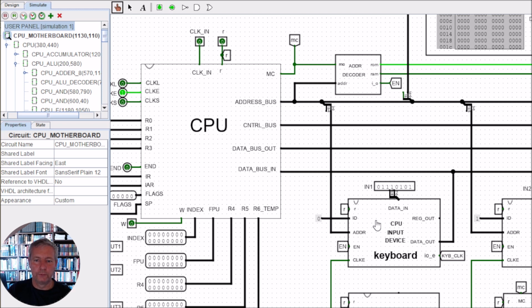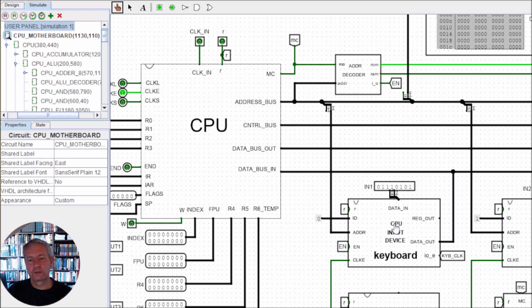So now what we want to do is enable the value from the keyboard into the CPU. In order to enable the value, the data has to come from the keyboard. It comes from the keyboard via this here. That is just an input, and that input comes from the top level. We'll go up to the top level in a second and see that. But that's basically the input from the keyboard coming from the top level, and it comes into our device here,